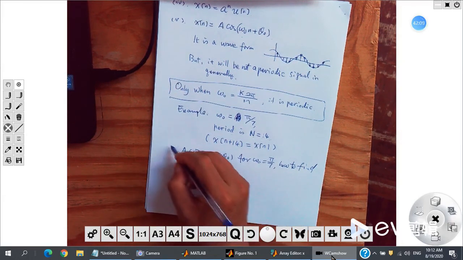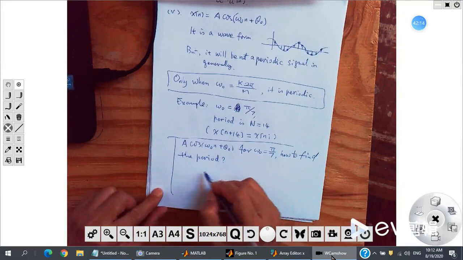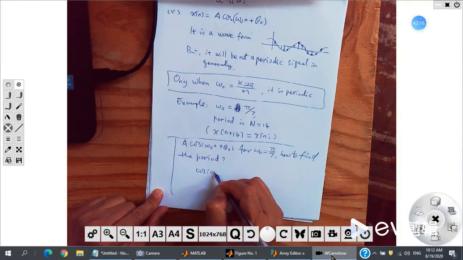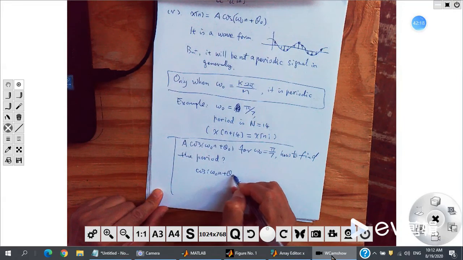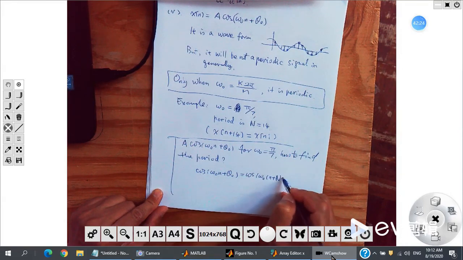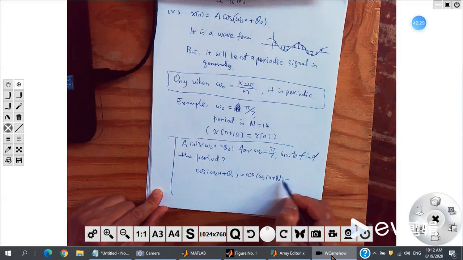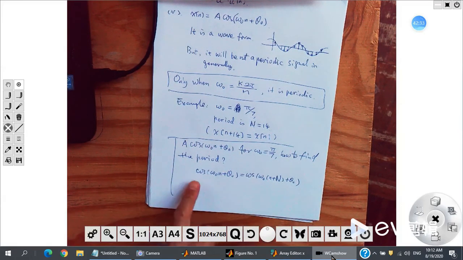We can work like this. So period, that means cosine omega 0 n plus theta 0 equals cosine omega 0 times n plus the period, plus theta 0. The n changes to n plus the period. You want the cosine to equal another cosine. Yeah, we have a lot of cases, right? But here, because n is changing,